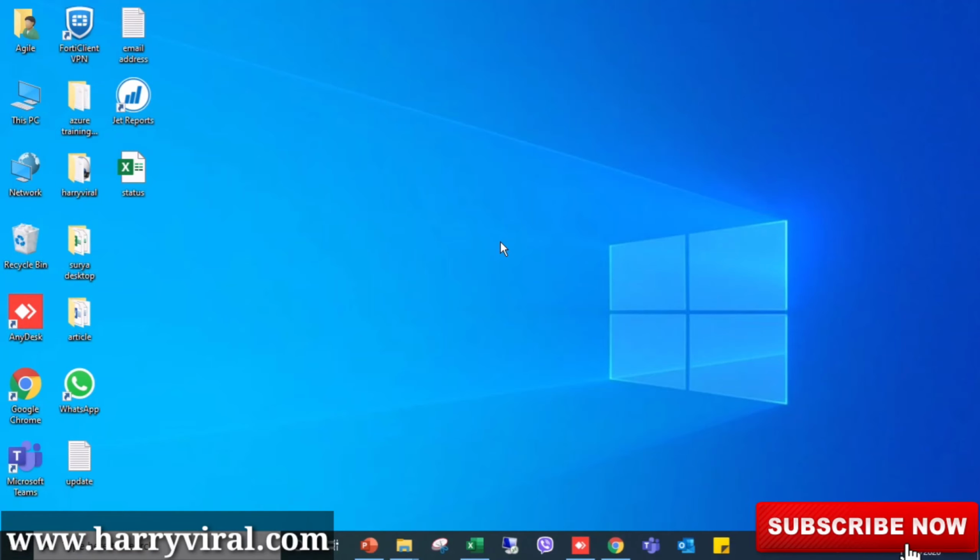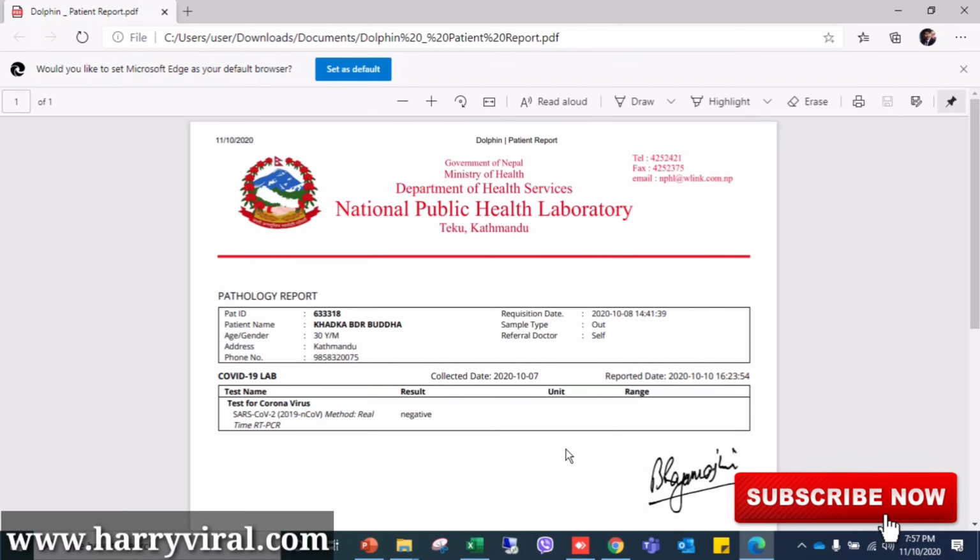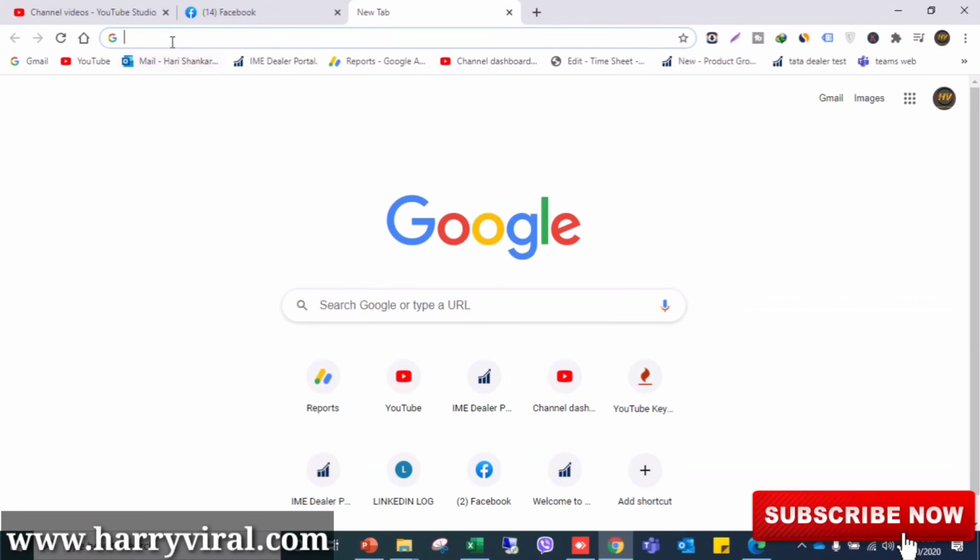Today I'm going to show you how you can edit your PDF file and save it in PDF format. So let's get started. Here is my PDF file and I have to edit it. You can see here, if I want to change the date or anything else, then for that I have to go to my Chrome and search for